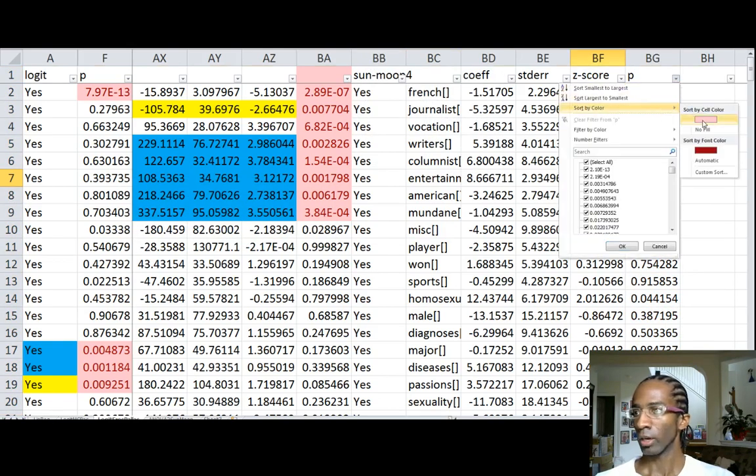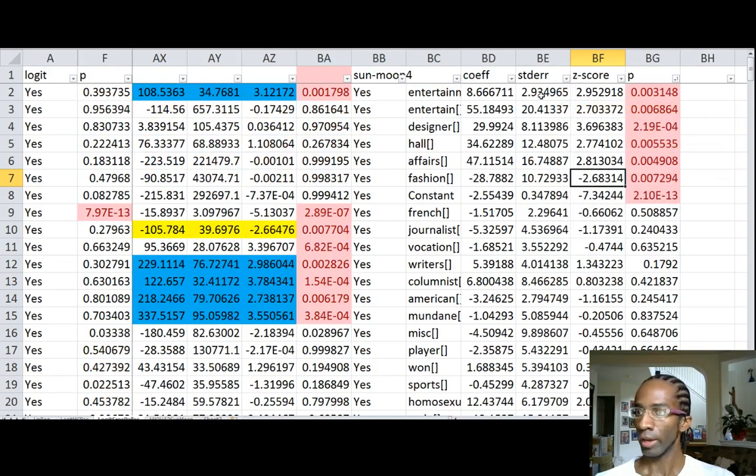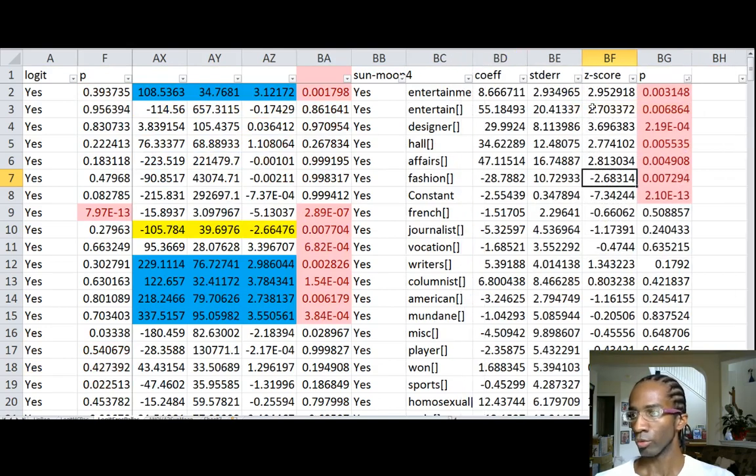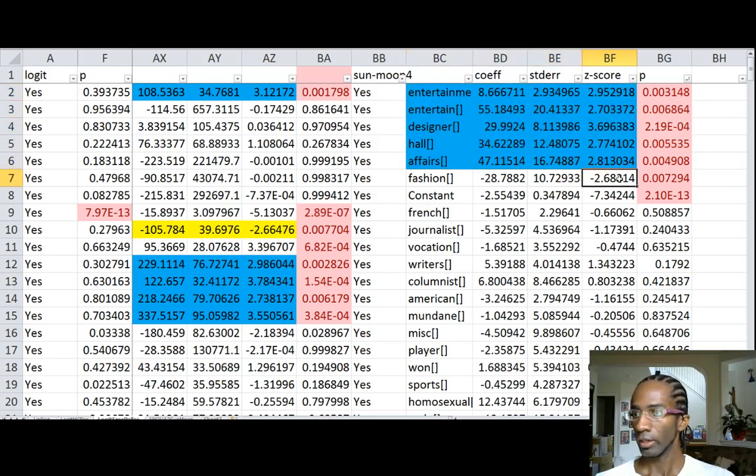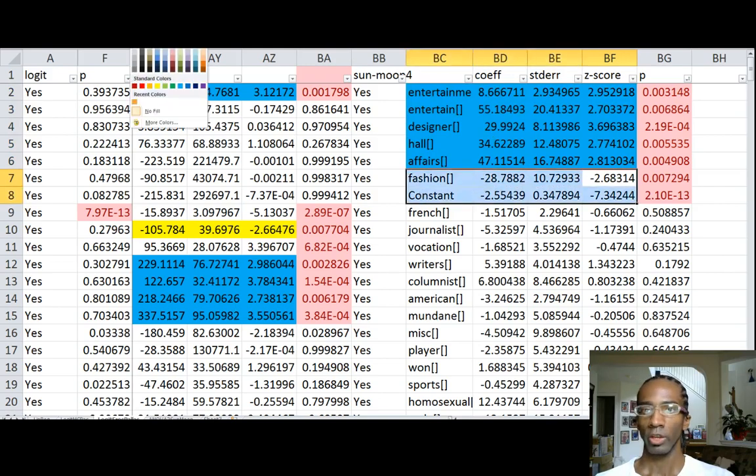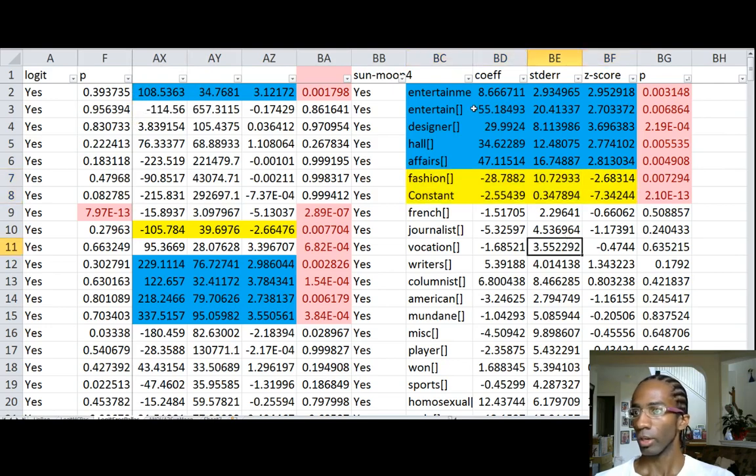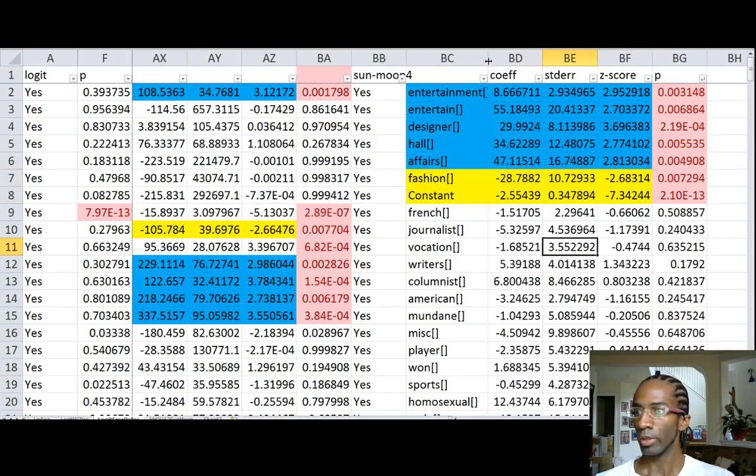Now I will sort by color. These are the attributes that were associated with Sun Moon squares. And you see that these guys were more likely, because it's positive coefficients, more likely to have Sun Moon squares. And these guys were less likely. Okay, so being associated with entertainment,